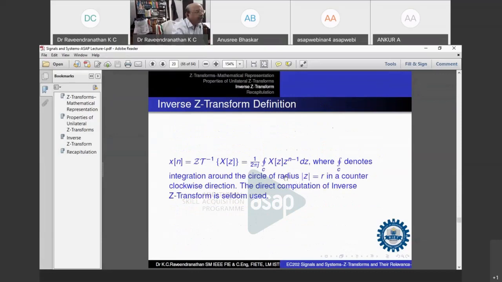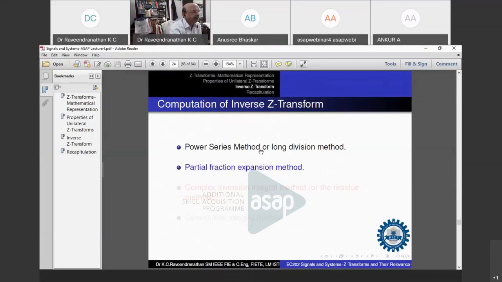So we were calculating the inverse Z transform of a typical Z transform function. We have considered these two. The complex inversion integral method is the most tedious method among these four. You can also use the convolution integral. As I said, convolution in the time domain results in multiplication in the frequency domain or the Z domain. The transforms are multiplied when two signals are convolved in the time domain, right? In such cases, you can use the convolution property of Z transforms to get back the original.